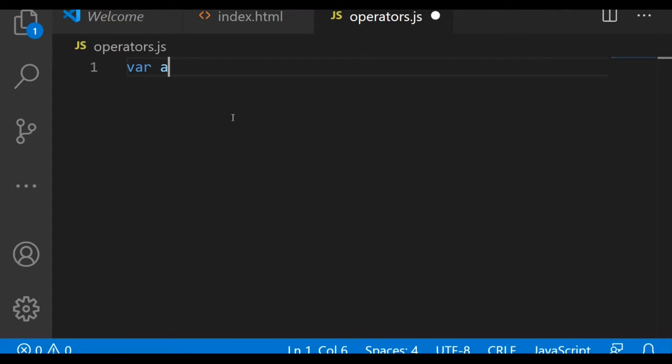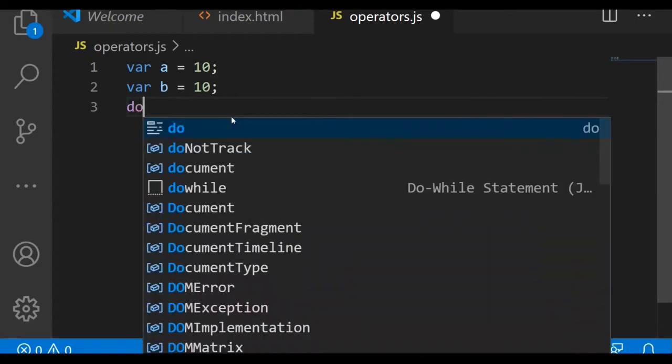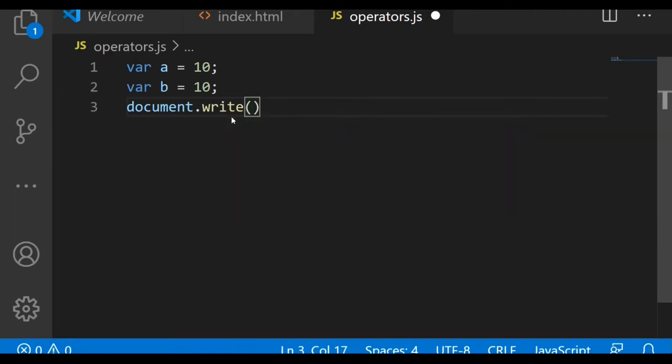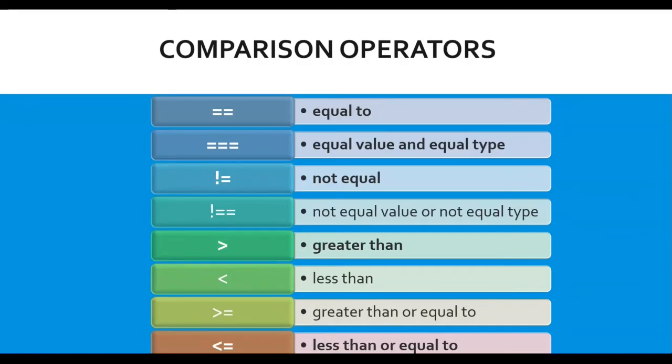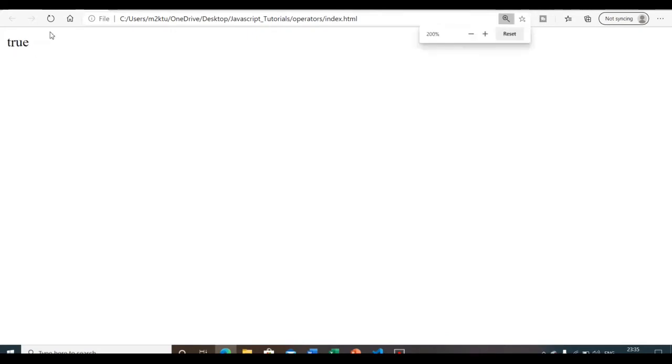So if I write var a = 10 and var b = 10 and print a == b, it will return true as both are equal, and will return false if both values are not the same.